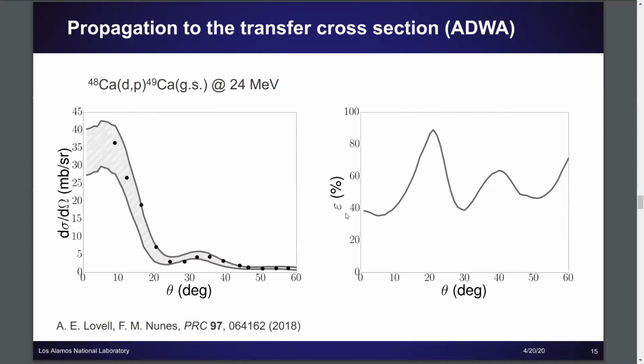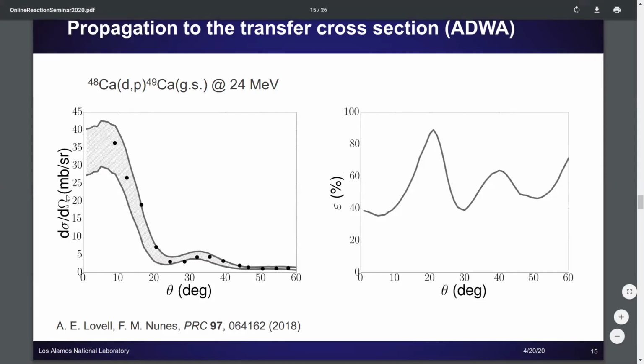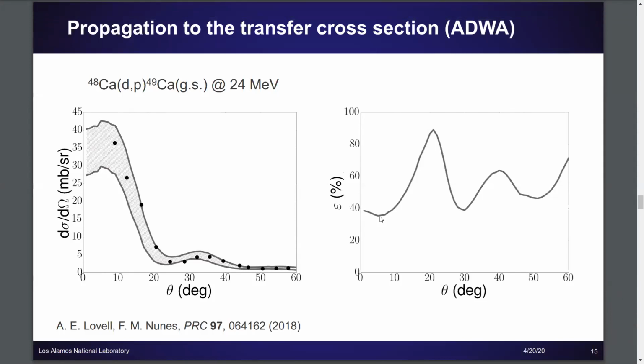I'm also showing here what we've termed the percent uncertainty on this calculation. It's the width of these intervals divided by the mean value. At the peak of the distribution, where we would extract a spectroscopic factor, for example, we have about 40% uncertainty, which you may think is wider than what we would ideally like. And I believe on Thursday, again, I'm going to plug Manuel's talk. He's going to be talking about some of the things that we've looked at to try to reduce these uncertainties.